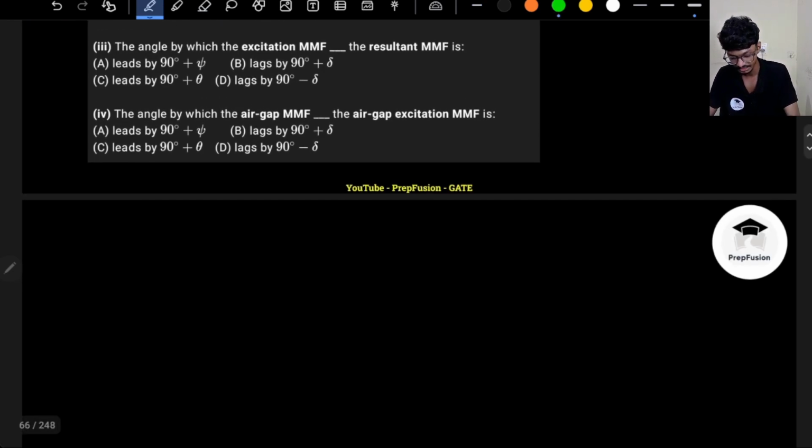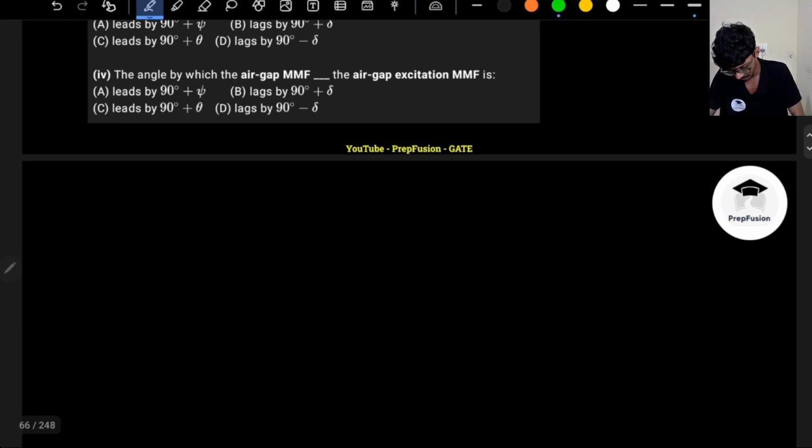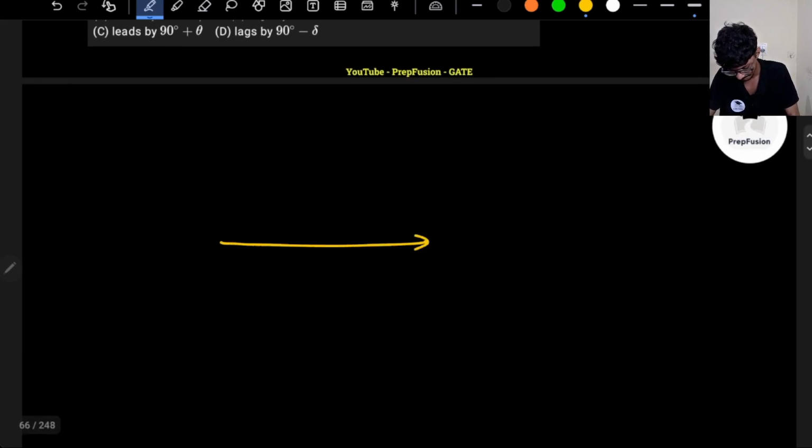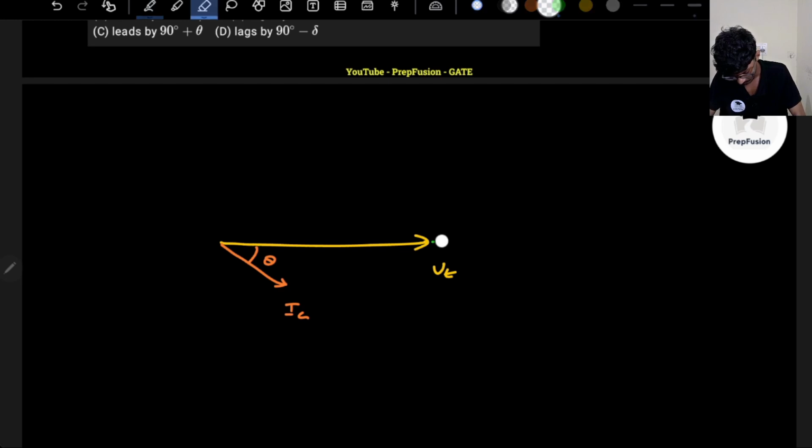So if I draw the phasor diagram, for a lagging load, this was my Vt, and it is a lagging load. Okay, let me draw it properly. So this was my Vt, this was my Ia, as it is lagging, so it will be theta angle. Vt will have two components. One will be IRa,